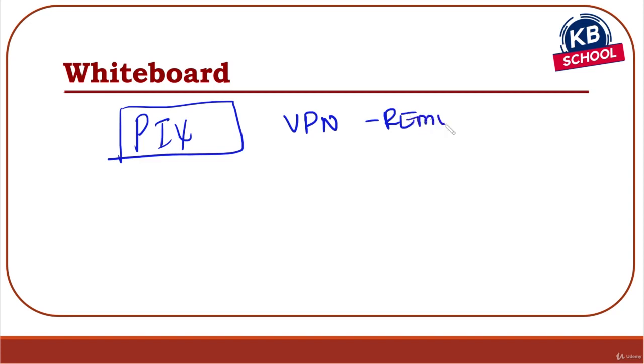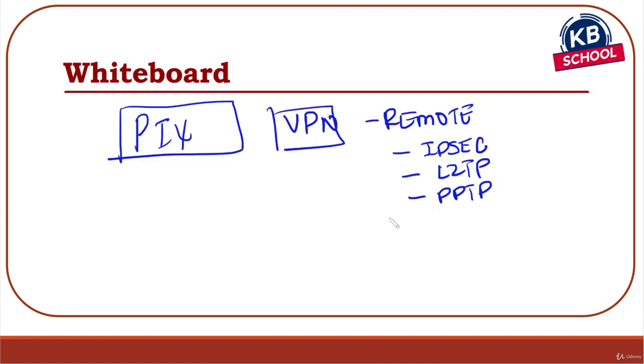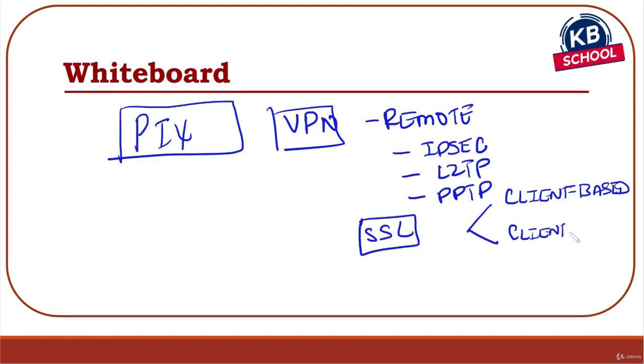They could do remote access VPNs using IPsec, L2TP v3, or L2TP actually in general, and PPTP. The PIX firewall did not have, at that time, the capability of doing a VPN based on SSL, whether it was client-based or clientless. So Cisco was looking for a product that they could integrate with their firewall device to give an